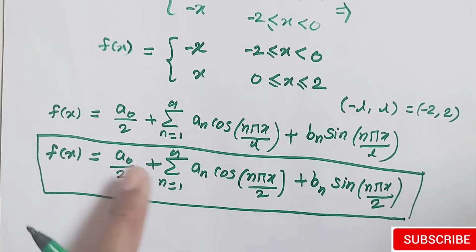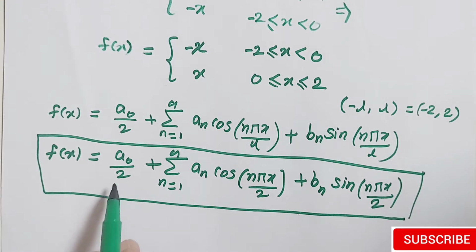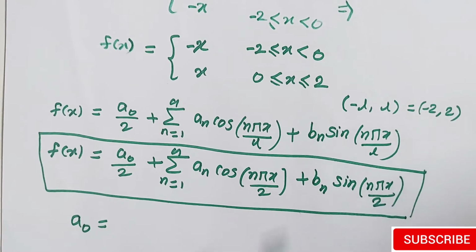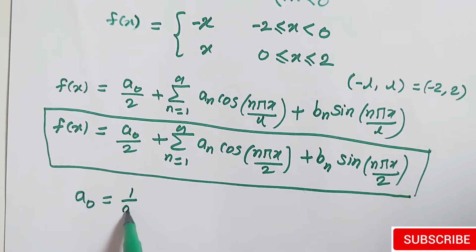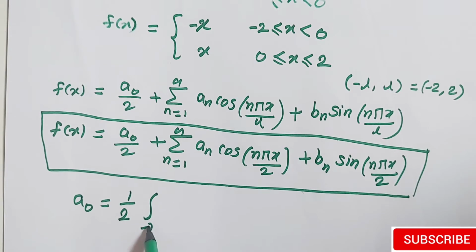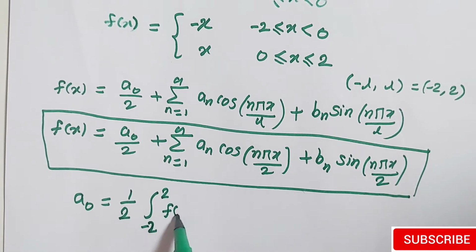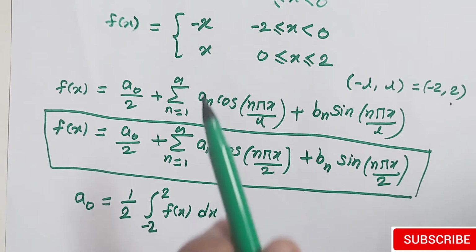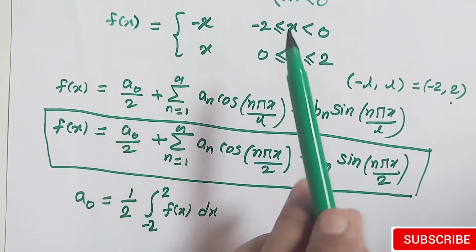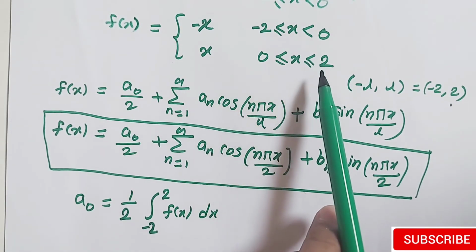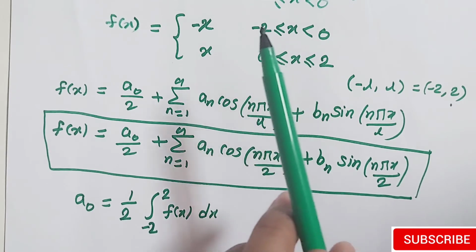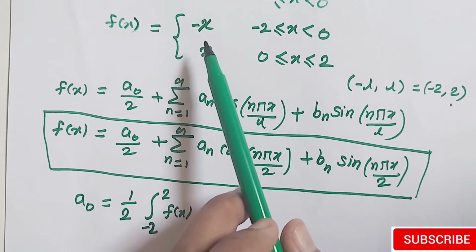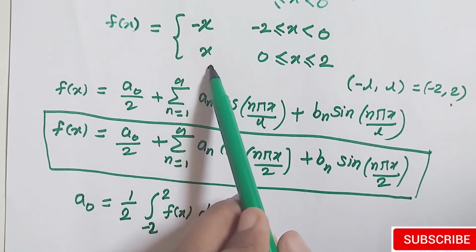Now we have to find the value of a0, an, bn. So the formula for finding a0 is a0 equals to 1 by L. Here L is 2. So therefore 1 by L integral minus 2 to 2 f of x dx. Now here we have to put the value of function. बट इसके पहले इस फंक्शन को अगर ऑब्जर्व करते हैं तो हमारा इंटरवल कैसा है -2 to 2 मतलब -a to a. और फंक्शन अगर 2 पार्ट्स में ब्रेक है जहाँ पे फंक्शन का वैल्यू सेम है बस माइनस साइन का डिफरेंस है तो यहाँ पे -x है +x.